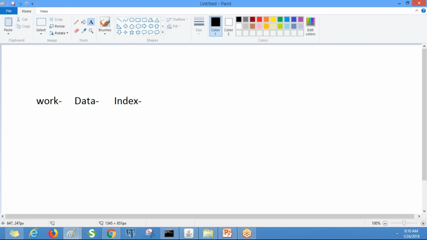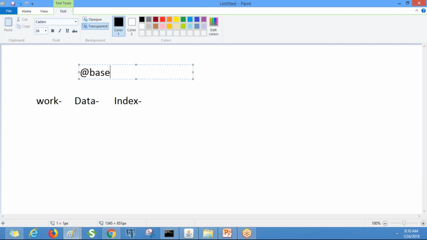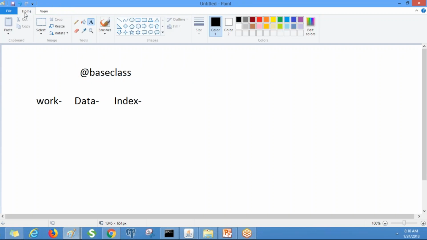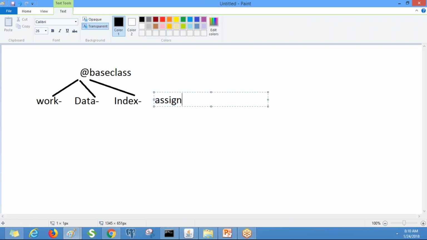We have 13 top classes and an @base class, which is the topmost class of PRPC. Under the @base class you will have another 13 top classes: Work-, Data-, Index-, like this.